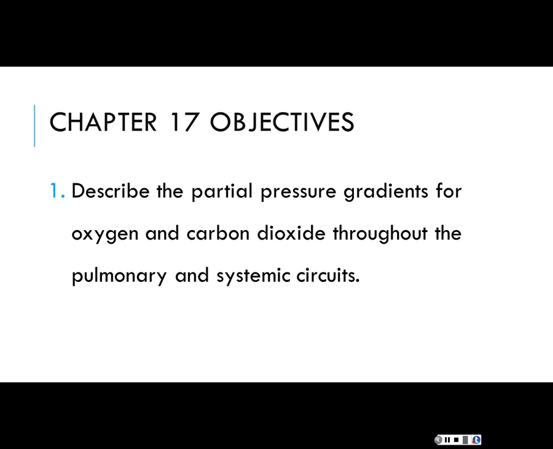We're going to review the partial pressure gradients for each oxygen and carbon dioxide through the pulmonary and the systemic circuits. And if you have your handout number 11, you can, if you don't have it, you can pick it up from the folder. So go around with the sign-in sheet, and if you didn't pick up your handout last week,